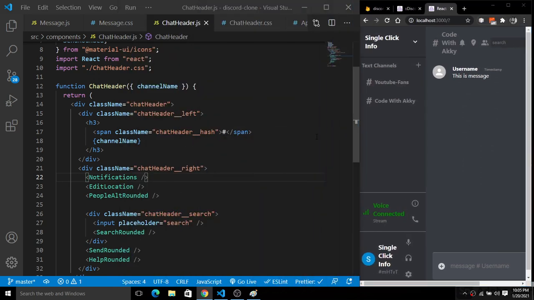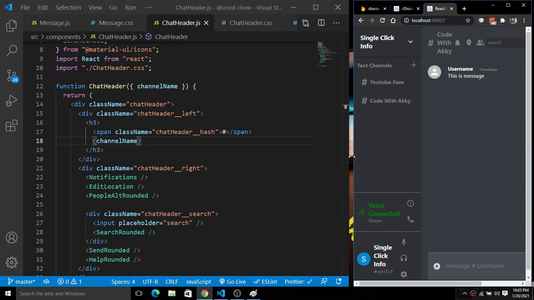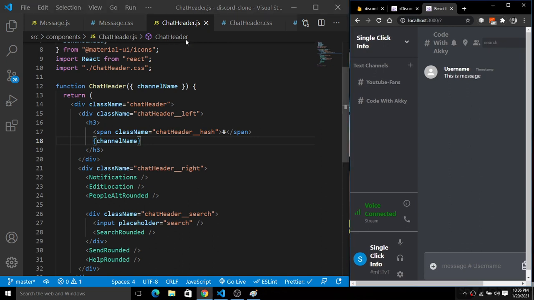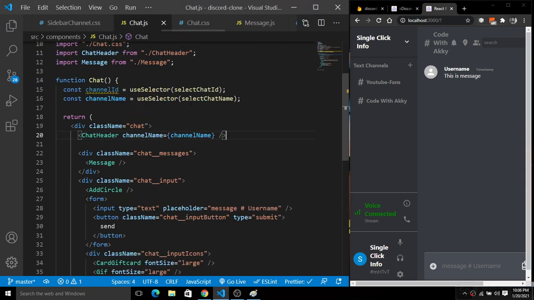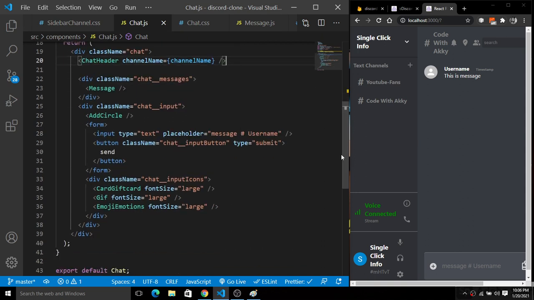Now let's add that functionality in the input field also. So how are we going to do this? Go back to the app.js, chat.js. Here inside of this chat.js we have this input field. Let's go to the input field.